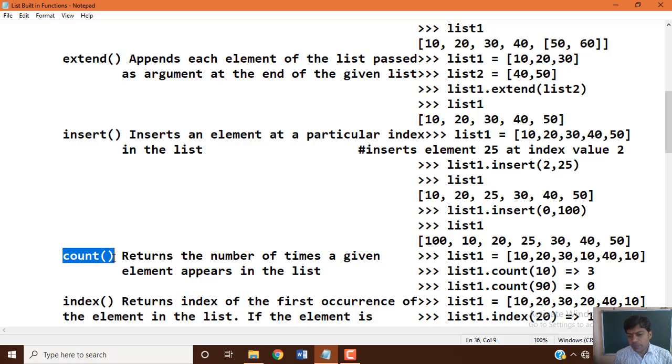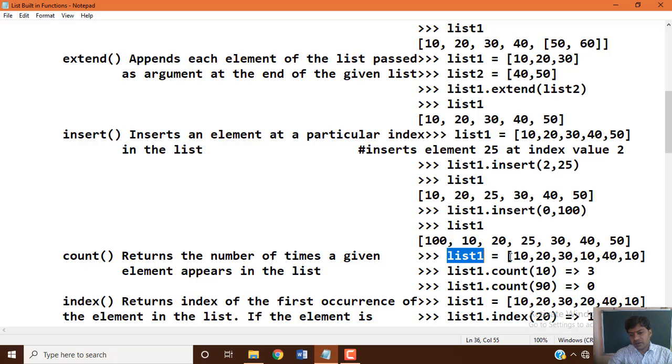In a list you will have data items. If any data item is repeated n number of times and you want to calculate how many times that particular data item is available within the list variable, you can use the built-in function count, which will give you the total number of times it is available. Let's take an example: list1 equal to 10, 20, 30, 10, 40, 10.